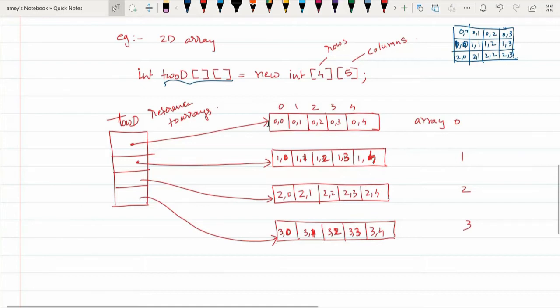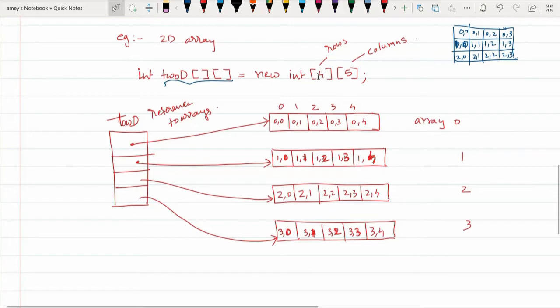Students, note that each array may be present in a different memory location. So whenever I say int 2D equal to new int 4 comma 5, what exactly happens internally is that in the heap 4 arrays will be created, which may not be contiguous: first array, second array, third array, fourth array.